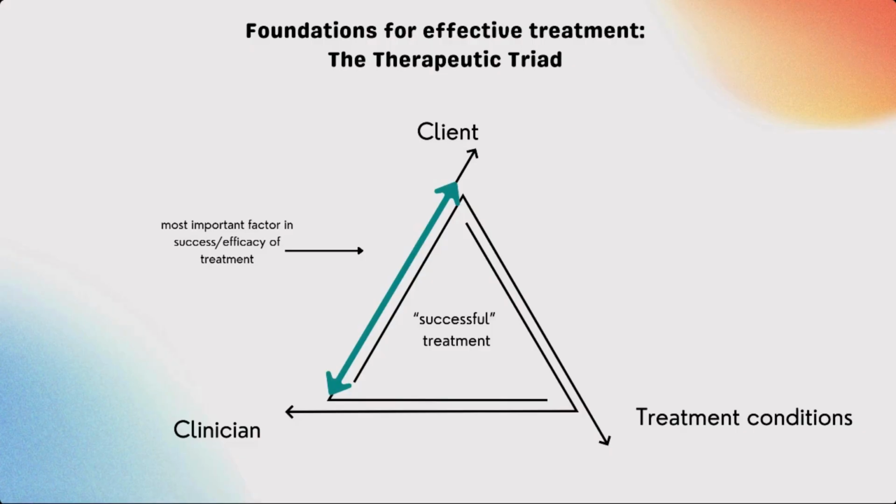These factors under the client aspect of this triad make a big difference. It doesn't mean that it makes all the difference in the world, but if you're meeting with somebody and they're coming in because they're trying to get their family or their loved one off their back, or probation off their back, for instance, and they don't have any sort of awareness about what problems they have or what they're struggling with, that's going to be a significant uphill battle, even if you are the best clinician and the treatment conditions are good, i.e., even if they have all the time and the money or the resources in the world. It's going to be tough. It does not mean that it's impossible, because that's where your skills and resources come into play to hopefully soften that person's